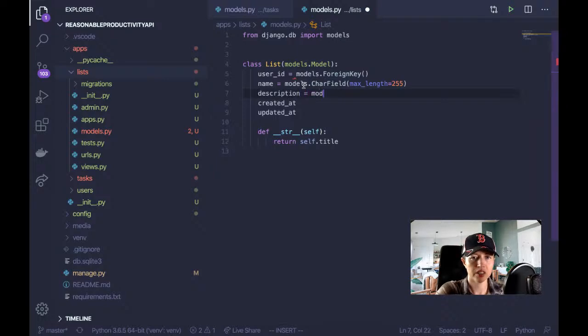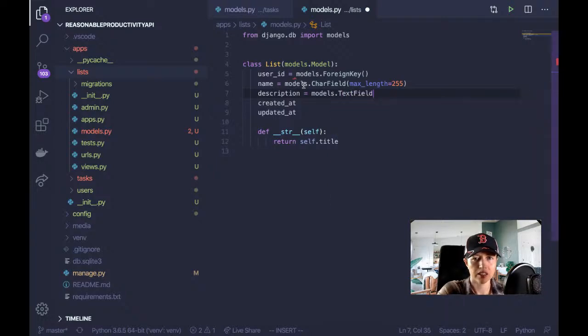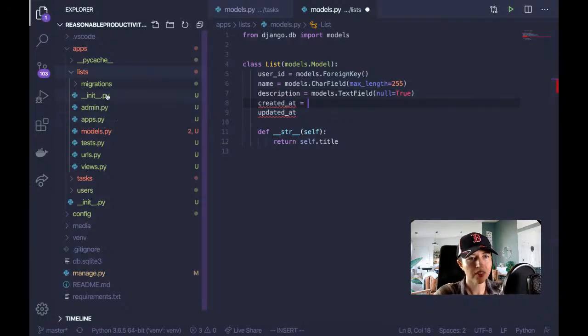Okay, so description, I don't really want to put a short limit on description, so I might make this a TextField. Oh, and you can leave that null as null if you want. Okay, and then created at, and